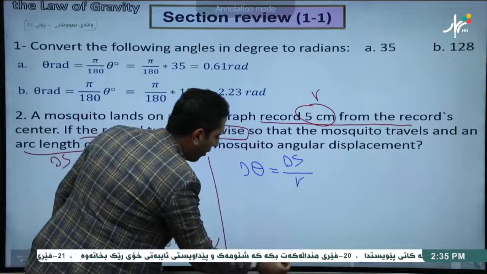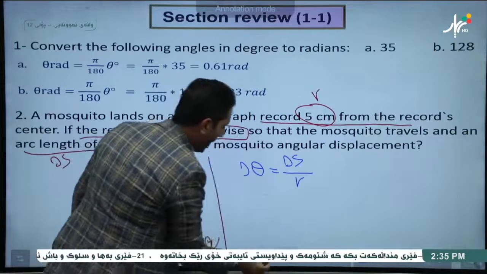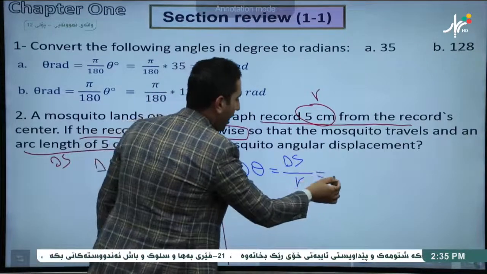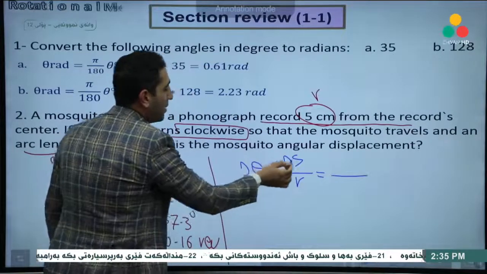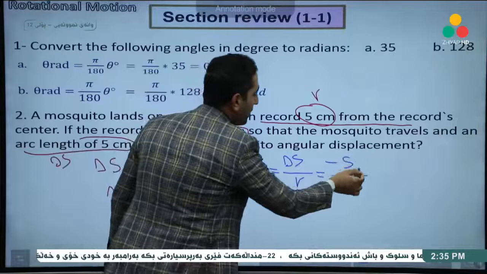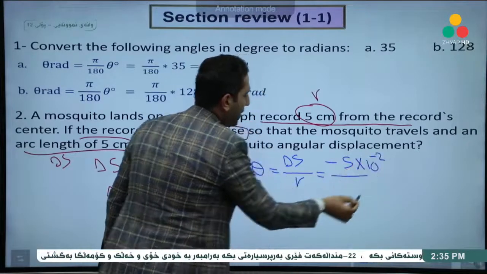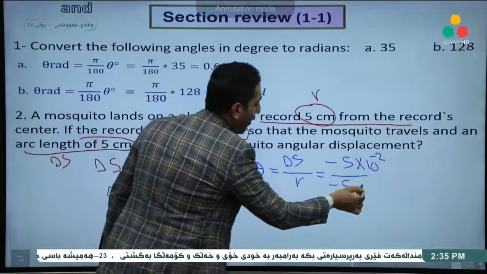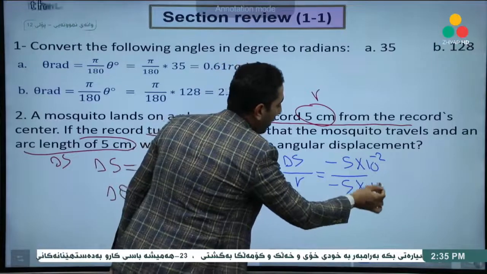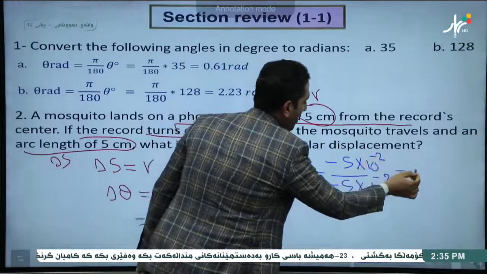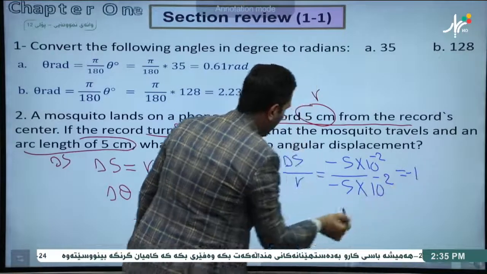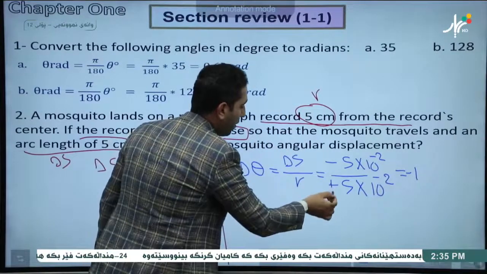We have both delta S and R. The arc length is negative 5 centimeters, times 10 to the power negative 2, and the radius is 5 centimeters again, times 10 to the power negative 2, is equal to negative, R usually positive, is equal